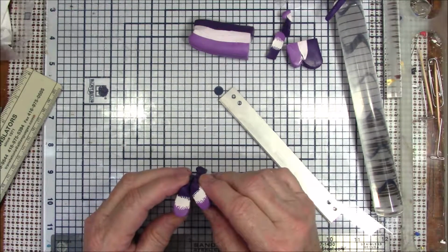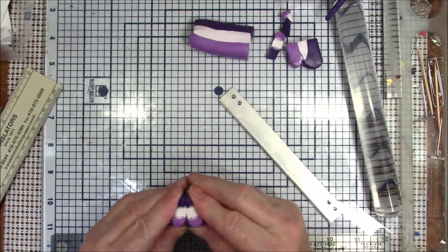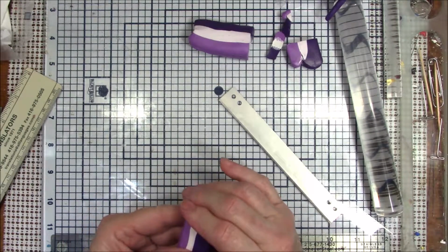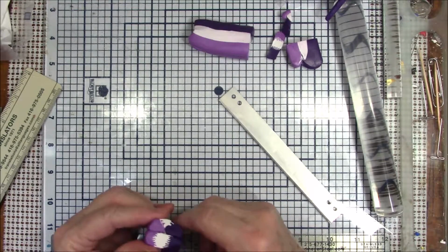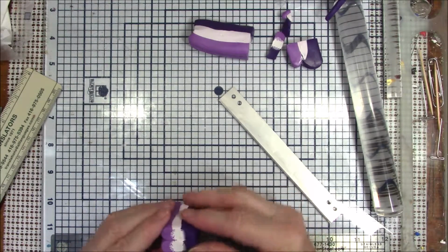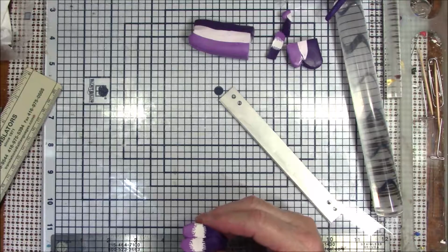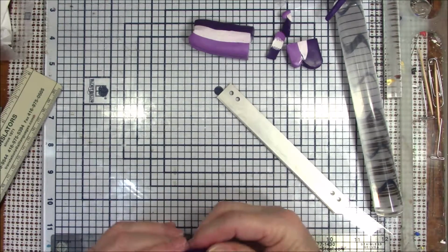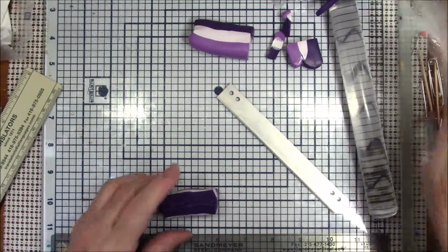So what I'm going to do now is put these together. Let me squish this one in a little bit. So push them in together, and this makes a large bottom petal. Make it round. You don't want to lose this little crease too much, but make it look like a petal. And then I'm going to take